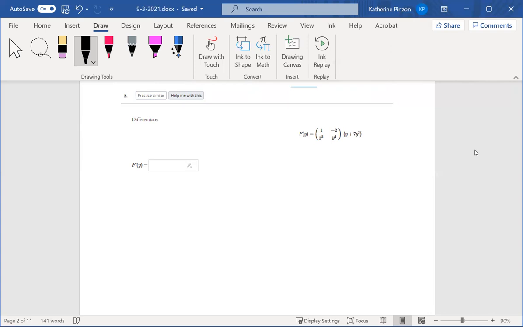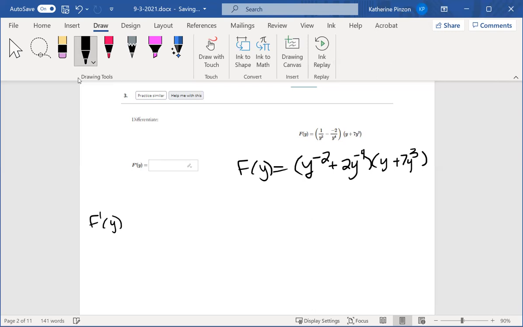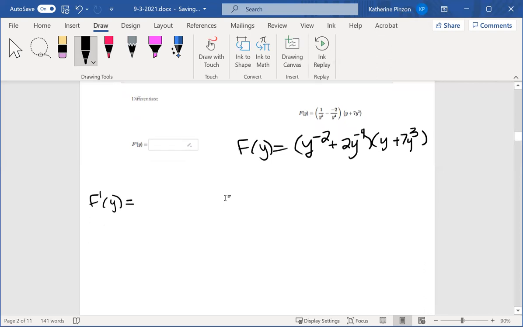Yeah, okay. So before I start the product rule, I'm going to take that first piece and write it so it looks like things I can take the derivative of. 1 divided by y squared is the same as y to the negative 2. And then I have minus minus, which makes plus 2y. If 4 is in the bottom, it's going to be negative 4 there. Y plus 7y cubed. So my two functions are this y to the -2 plus 2y to the -4 and y plus 7y cubed.